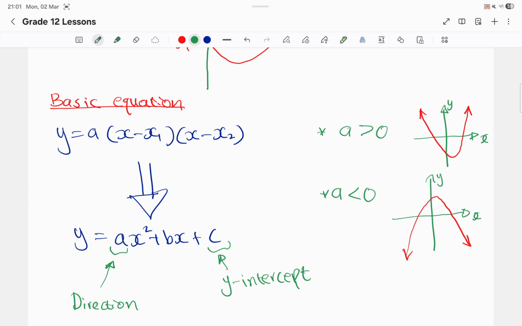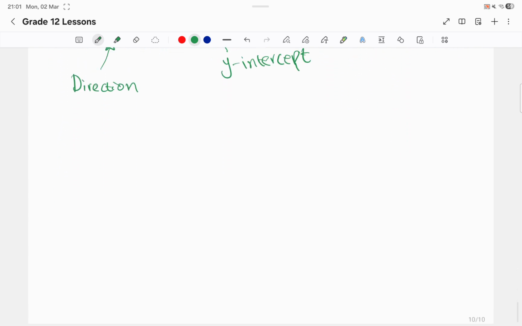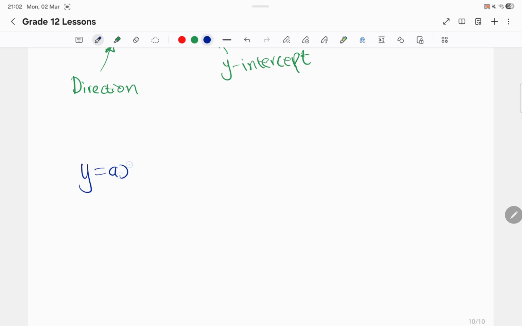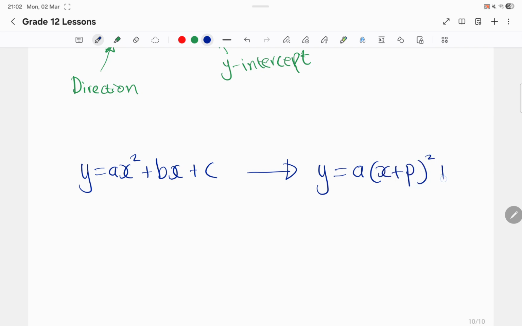All right. And then there is also another form of this equation. You have seen in grade 11 that we shift from using the form ax squared plus bx plus c to a form called what? To a form called y equals a into (x plus p) squared plus q. In this instance,